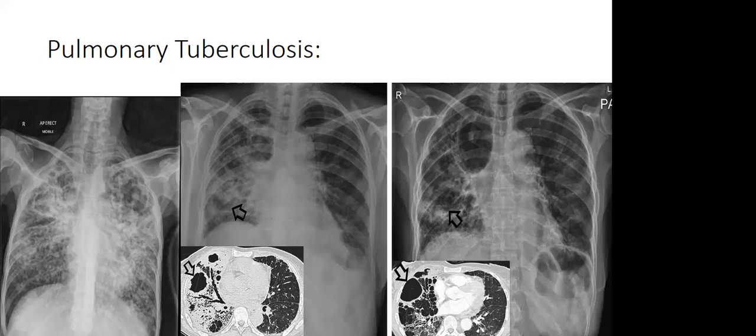And then the other one here, you can see two big things: a huge cavitation on the right side, right on the far right, and then also cavitations on both of those X-rays as well. So really, these are very late stage tuberculosis. Quite rare to see a patient with such florid conditions, but that is very much pathognomonic of TB.